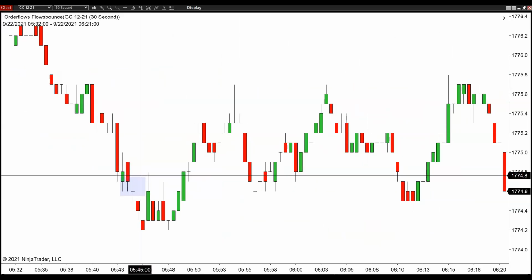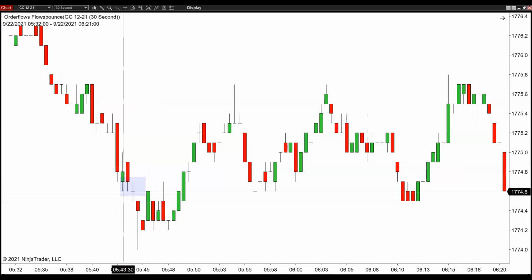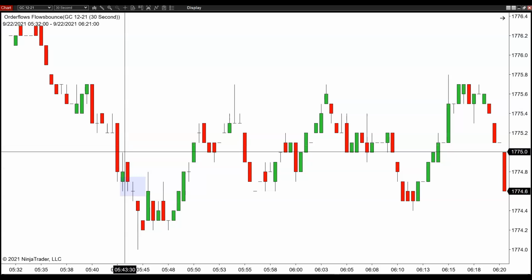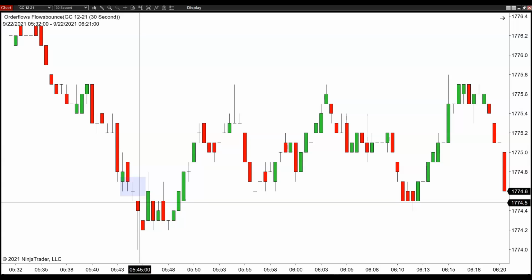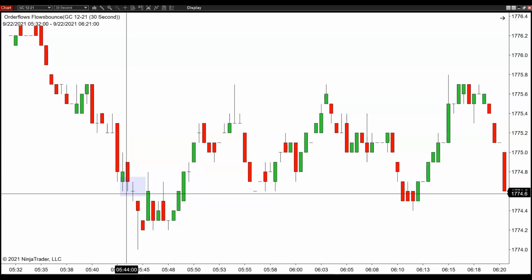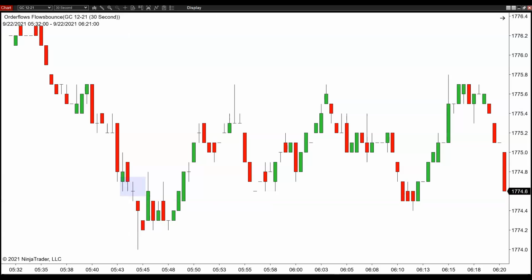Now, if I'm not using the trade entry signal, there would be a blue triangle here giving me an entry signal. And if I were just to execute off that, manually or even automated, it's going to stop me out, right? But if I'm looking at a market that's slower, for example,